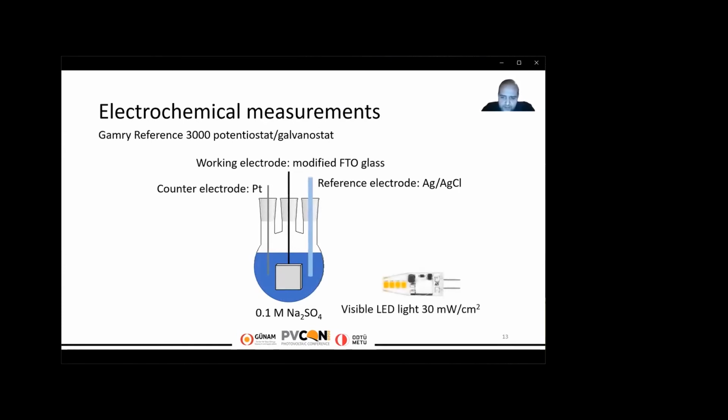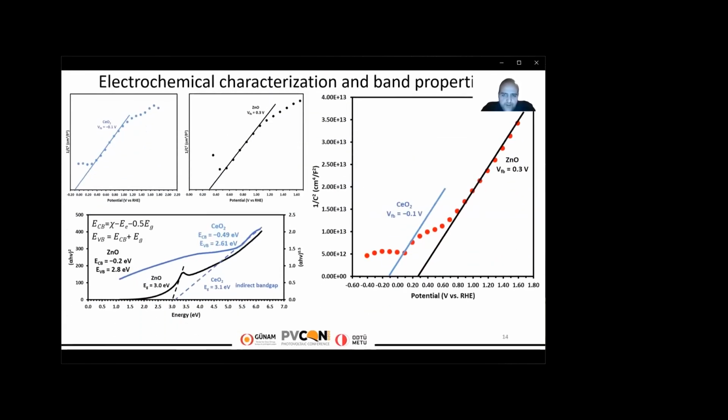And the light source was visible LED light with a power density of 30 milliwatts per square centimeter. So the electrochemical characterization and band properties. We have Mott-Schottky plots of cerium oxide, zinc oxide synthesized